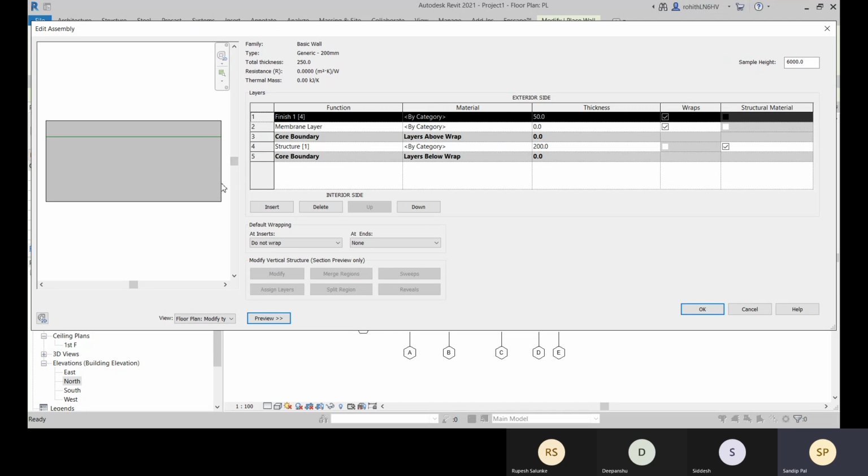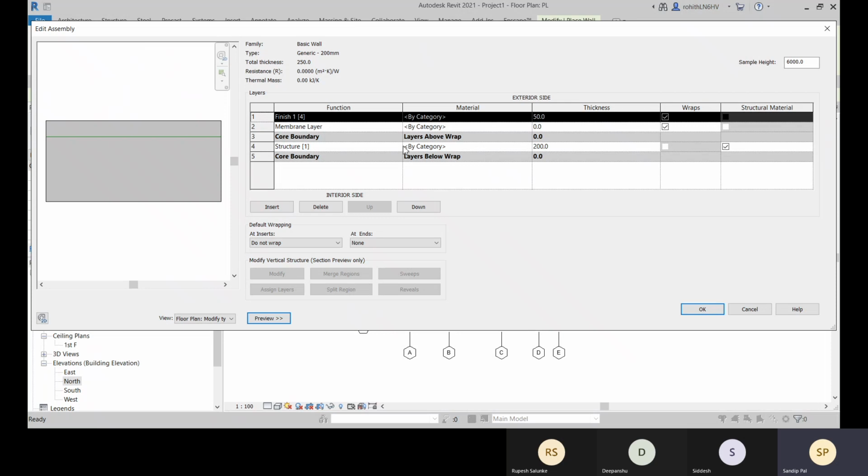Now you can understand, if I ask you what is your core center line, the core center line is at the middle of this thickness, right? But if I ask you what is the center line of this total wall, you will find out the midpoint, like 125 mm, basically here at the mid.